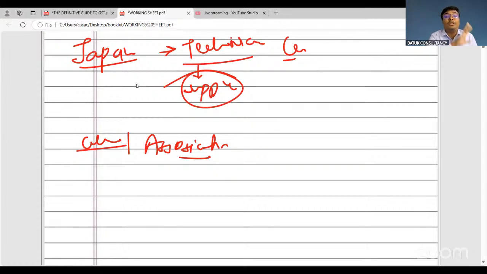That is also included in the definition of supply. Now we have covered, yes, supply includes sale, exchange, barter, transfer, lease, rental, disposal, agreed to be disposal for a consideration in the course or furtherance of business. If no consideration, in that case we have schedule number 1. And how will we bifurcate supply of goods or services? For that purpose we have schedule number 2. And neither supply of goods nor supply of services, we have schedule number 3.